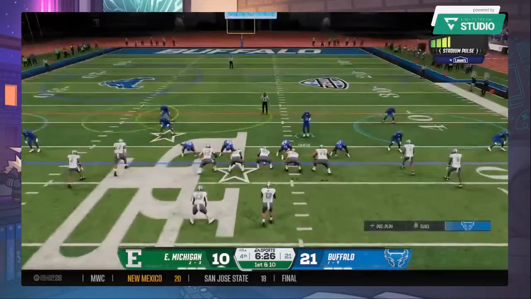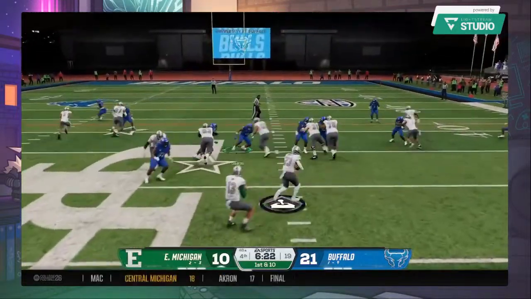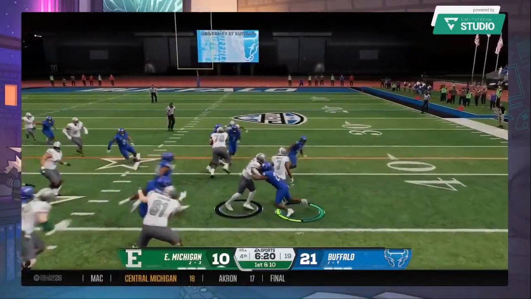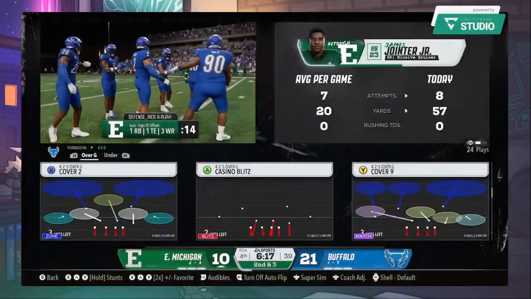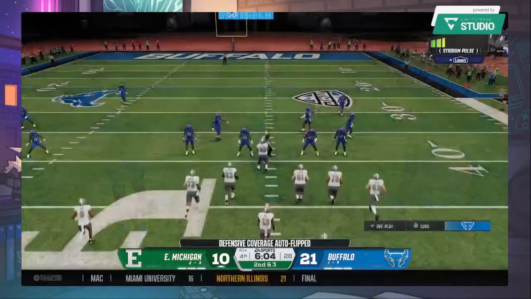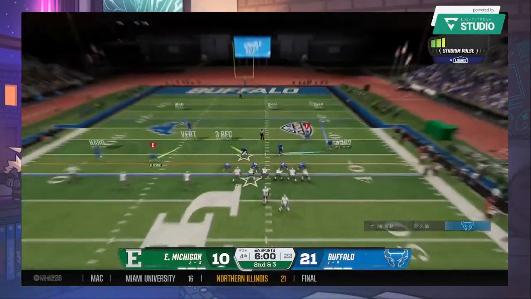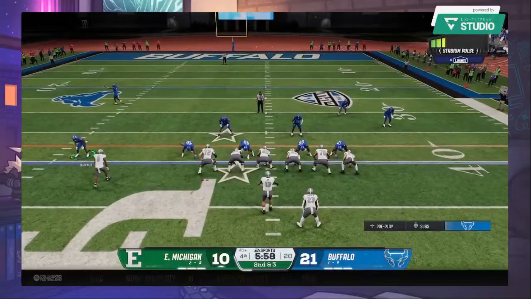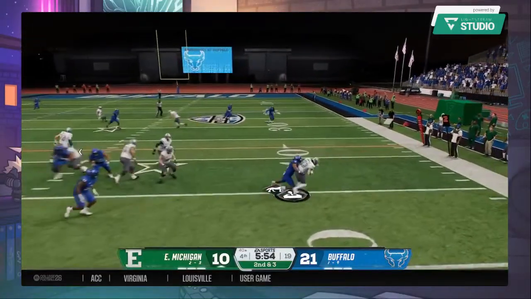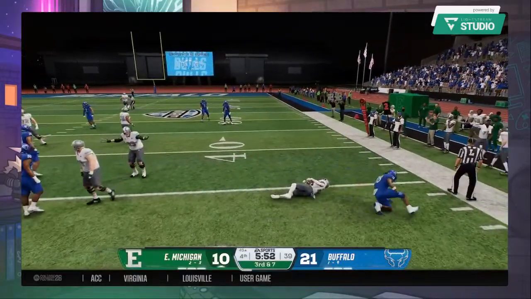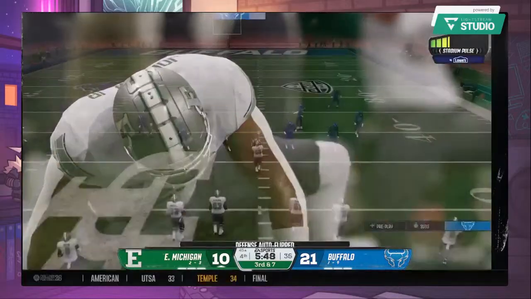Eastern Michigan has it and a fresh set of downs. Running back searching for a hole. A 7-yard pickup. It'll be 2nd and 3. And winning first downs is a priority for a defense, and you can't get bludgeoned. You can't get physically beat at the point of attack. You know the percentages. It's usually pretty good on first down that they're going to run the football. So them getting that big chunk, getting in 2nd and short, not a good job by this defense.